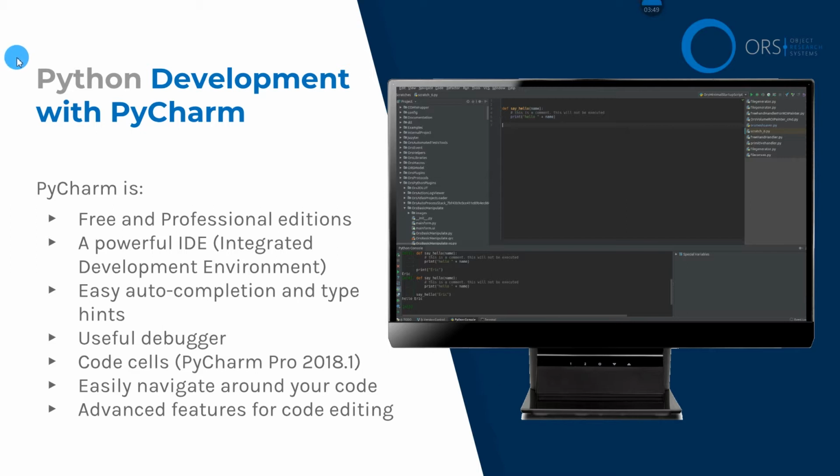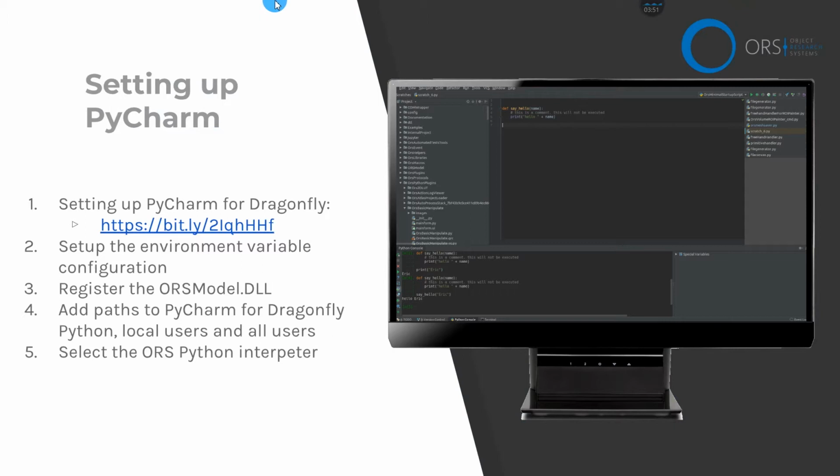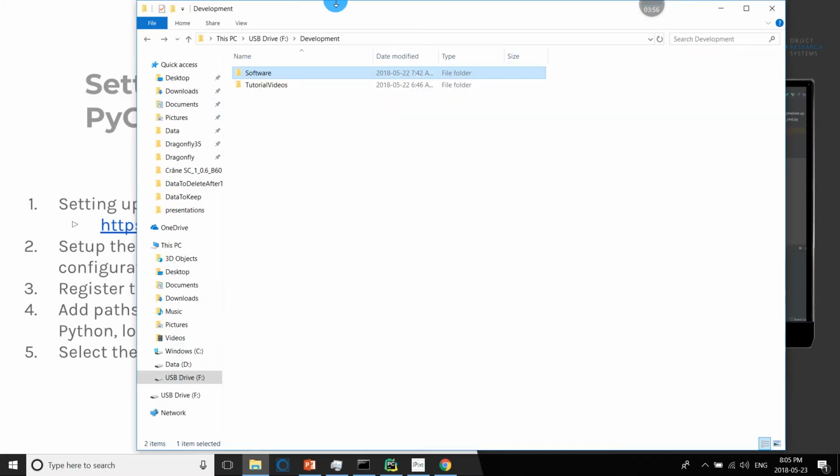I was intending this to be more of a hands-on workshop. So please install PyCharm; you should be able to find it on your USB stick.